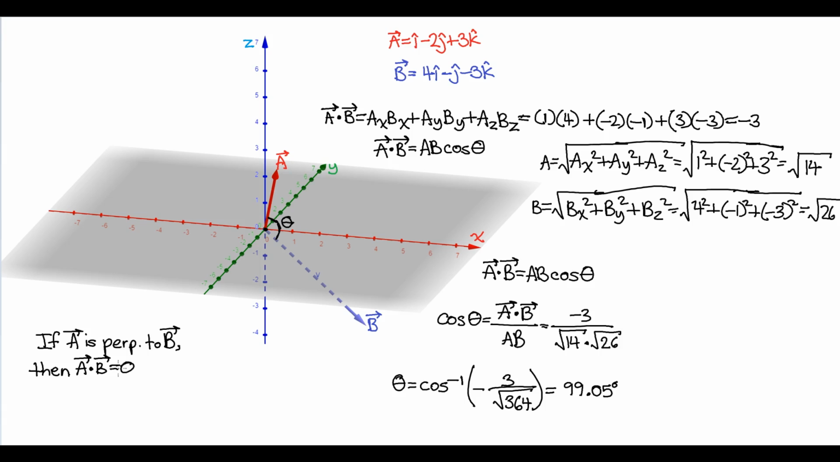And in the context of this problem, by using the two definitions of the dot product, we were able to find the angle between two vectors. These two vectors, which we found to be